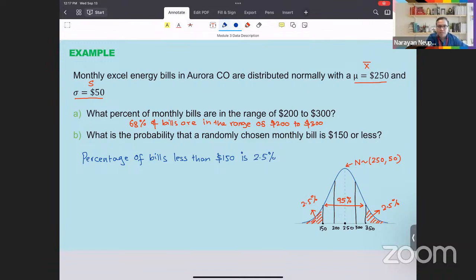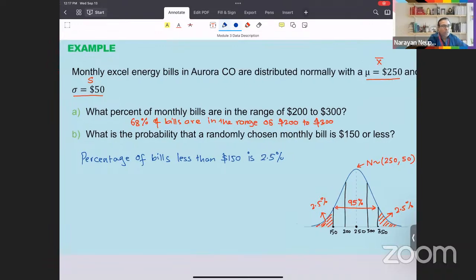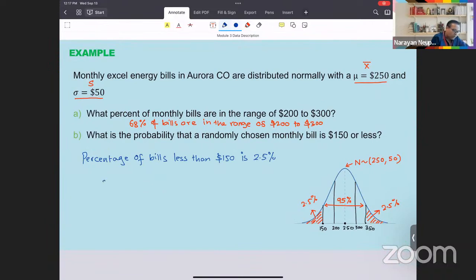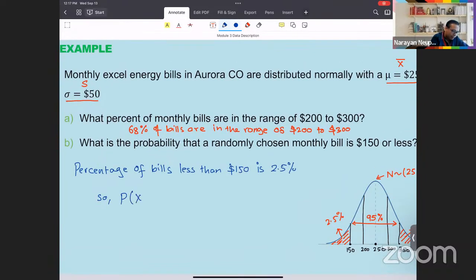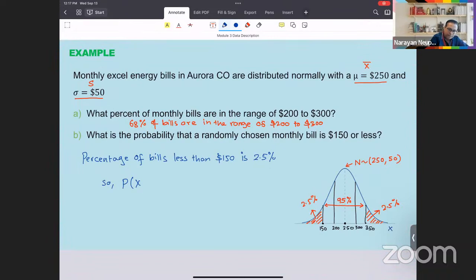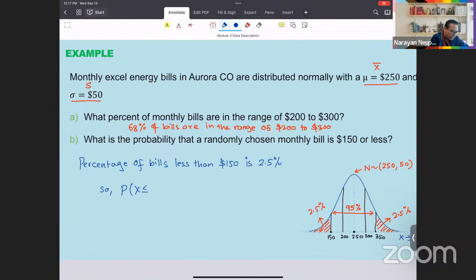But the question is not asking for percentage. The question is asking for probability. It is easy to change percentage to probability. That is basically changing the percentage to a decimal. So we can write like this. Let me write using standard notation. Probability P that the monthly bill X, it can be any amount along the x-axis, so X, because these are different bill values. Monthly bill X is 150 or less, meaning less than or equal to 150, is equal to,